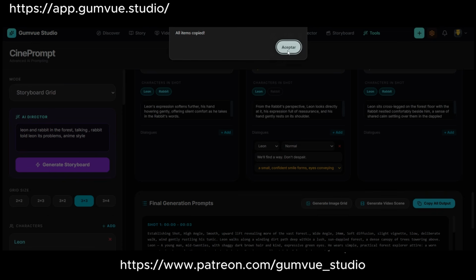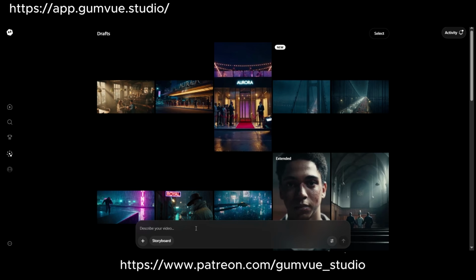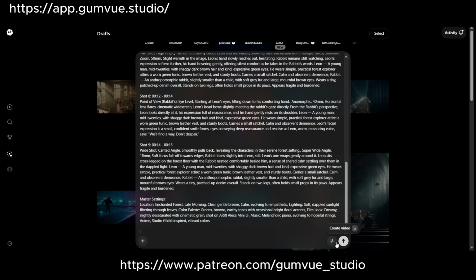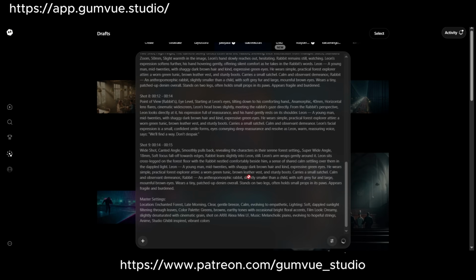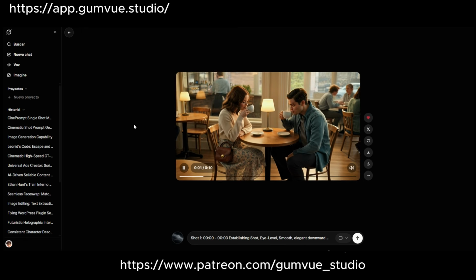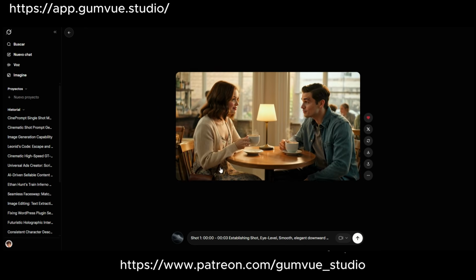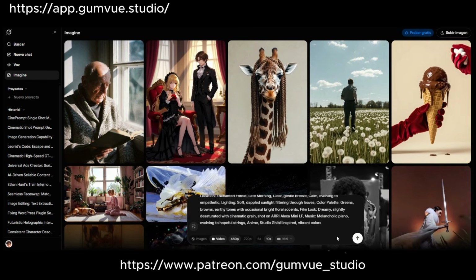Okay, again, let's copy this prompt, go to Sora, paste here, okay, generate. Perfect, so Grok is also doing great. Let's do it with a cartoon and let's see how it works.